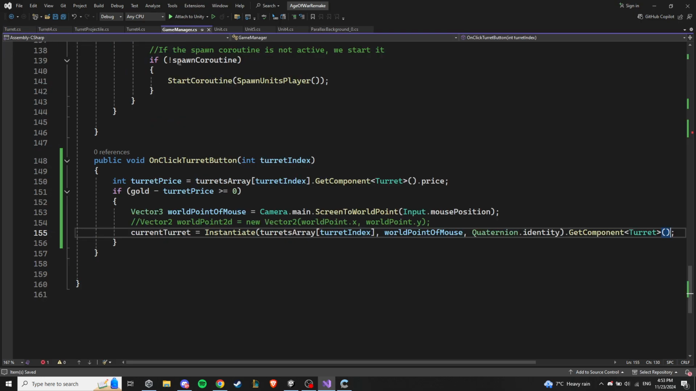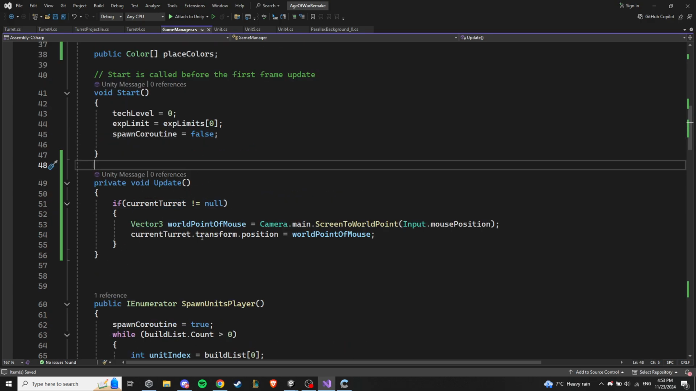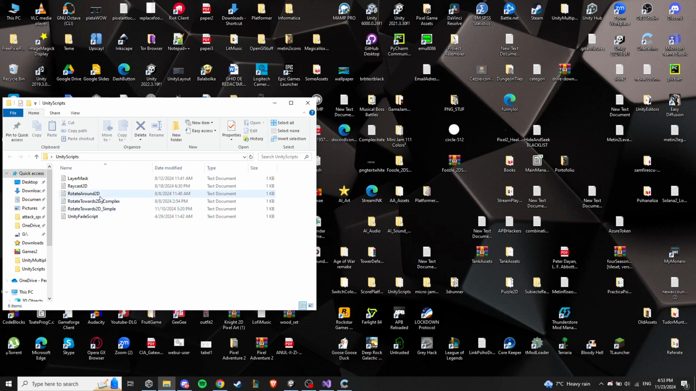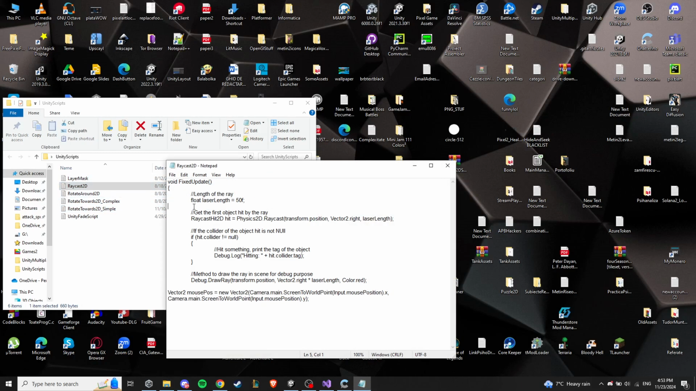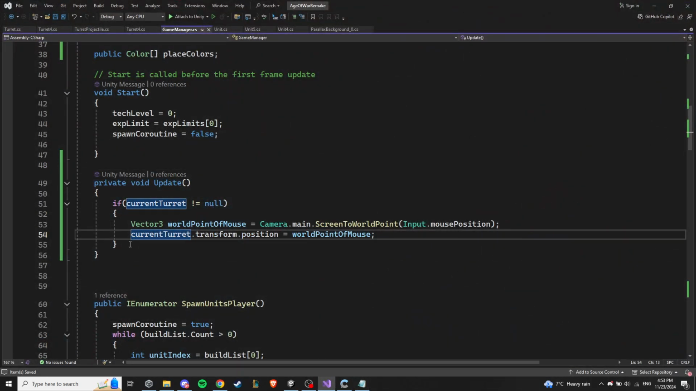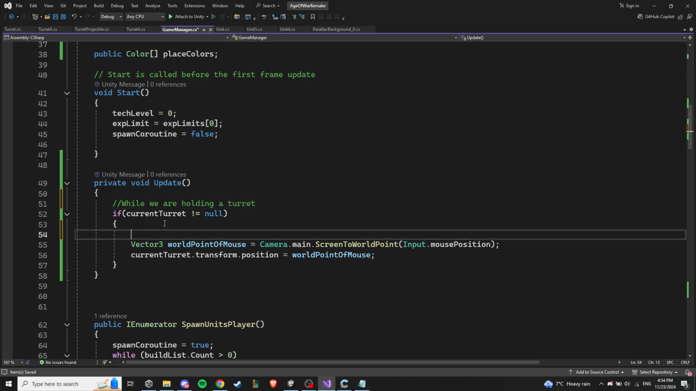And now in our game manager, while we are holding a turret, and also here we have to say transform now, because this is now the turret script. And while we do this, we want also to raycast, and for that I have a script here saved. So raycast 2D. Okay. And this time we want to, so let's comment this first. So here, while we are holding a turret, then move turret to mouse position in world space,